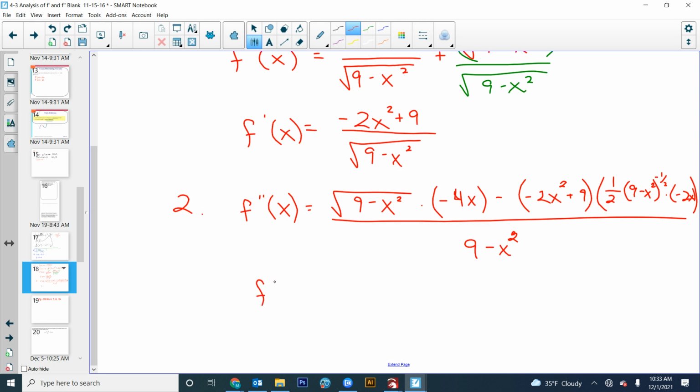Let's clean it up a bit. So we have negative 4x radical 9 minus x squared. All right, here we go. We got a 2 and a 1/2. And I'm going to go, yeah, this is ugly, isn't it? I'm going to take,